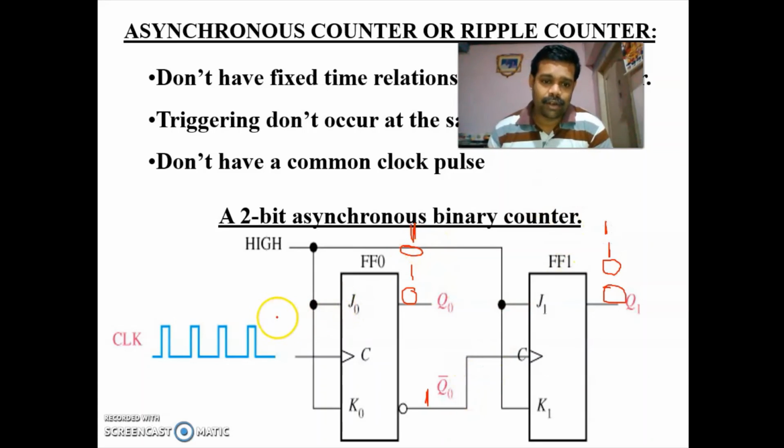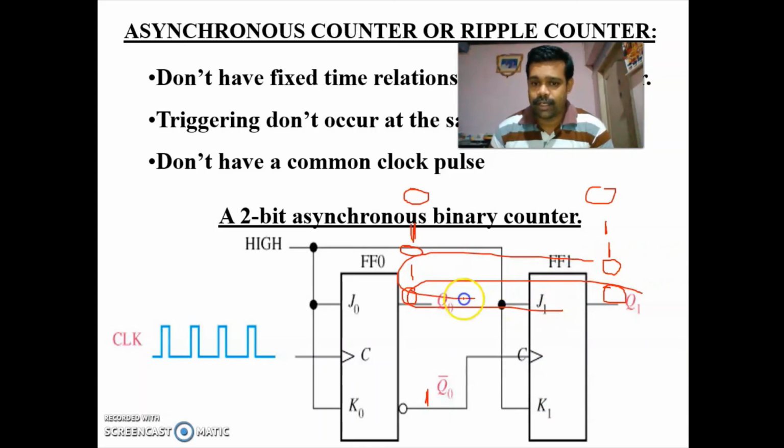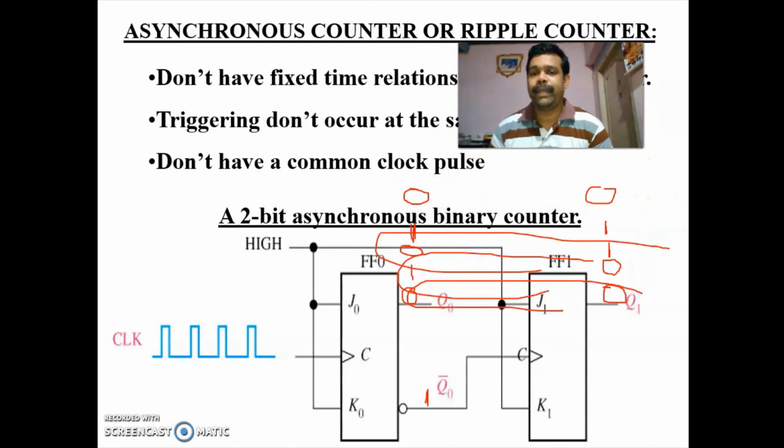Next, during the next clock pulse, this 1 will become 0. So at that time you'll be having 1 here. So this flip flop also works. So this will again change to 1. So you are getting 0 0, 0 1, 1 0, 1 1. Again the sequence is repeating. Again I will